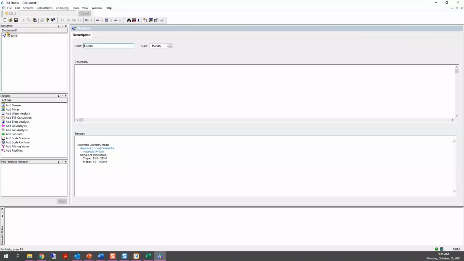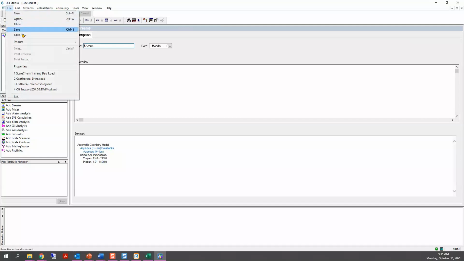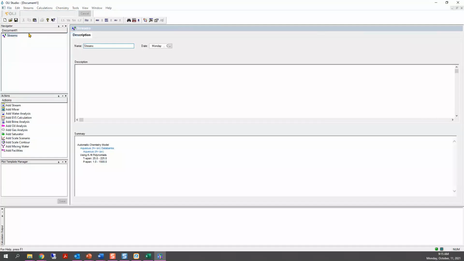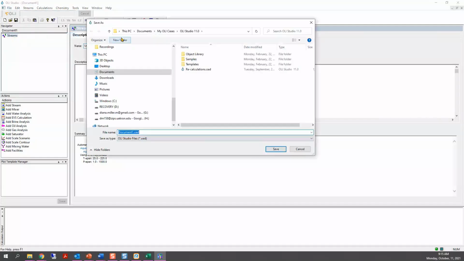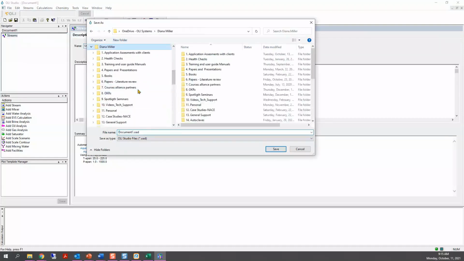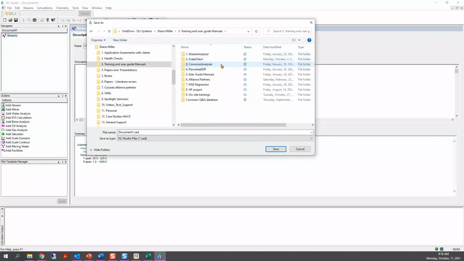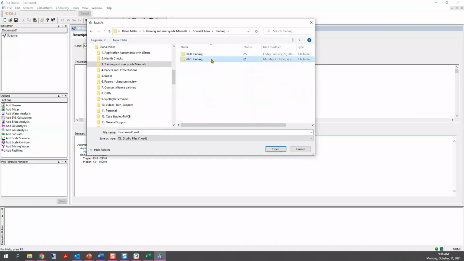So to change this name, we are going to go to File, Save As, and look for a location where you want to save your files. I'm going to save my file under my trainings. So I'm going to look for training, ScaleChem. Then I go to training 2021, and I have already created a folder for that specific training.